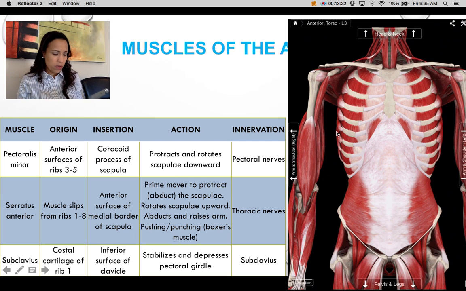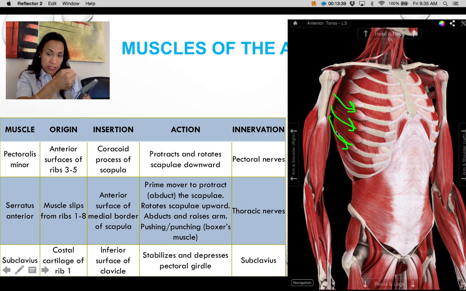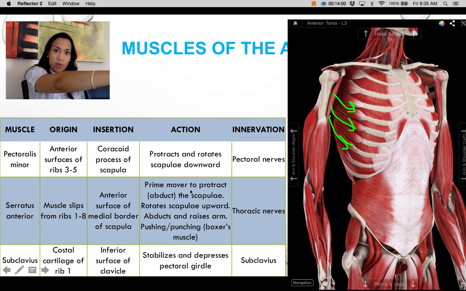So what do you think it does? Well, insertion moves towards origin. Insertion moves towards the origin, right? So I'm moving the medial border of the scapula towards the anterior aspect of the ribs. So what am I doing in there? Serratus anterior is the prime mover of protraction. Pectoralis minor is only a synergist, but the prime mover is the serratus anterior, performing protraction of